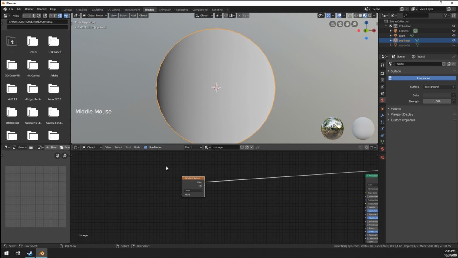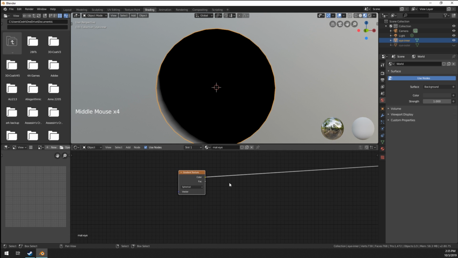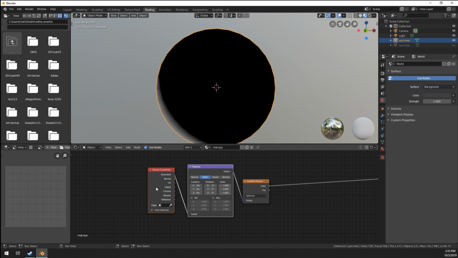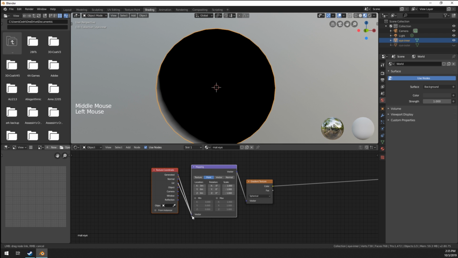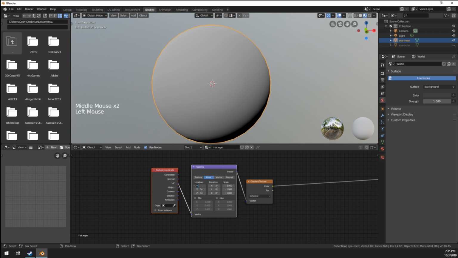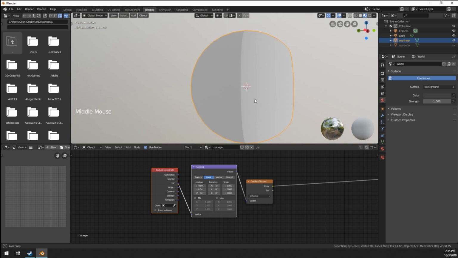I have Node Wrangler turned on, so if you want to follow along with the same shortcuts, enable Node Wrangler. And then from this gradient, we want to put this on spherical, right? I'm just going to press Ctrl T, and it's going to bring up the mapping and texture coordinate node. I want to put this on UV. Then I want to center this spherical node. So I'm going to put the X and Y location to -0.5 and -0.5. Because the spherical gradient texture starts at 0, 0, but we want to start it in the middle of our UV